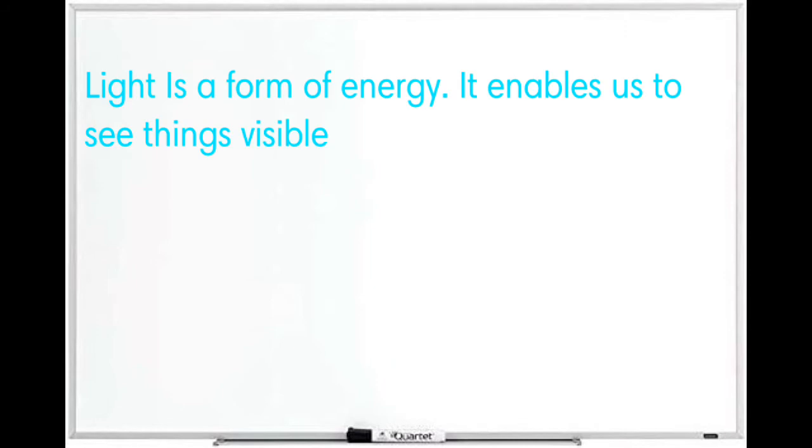So first of all, light is a form of energy which enables us to see things around us. Light makes things visible to us. We need light all the time. Light has some properties also. Light is, you can say, the most essential component for anyone to live. Besides food and other natural things, light is the most important thing.